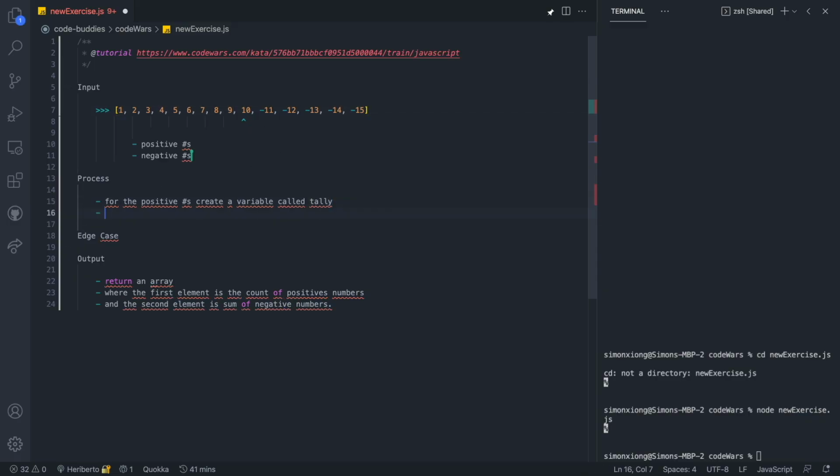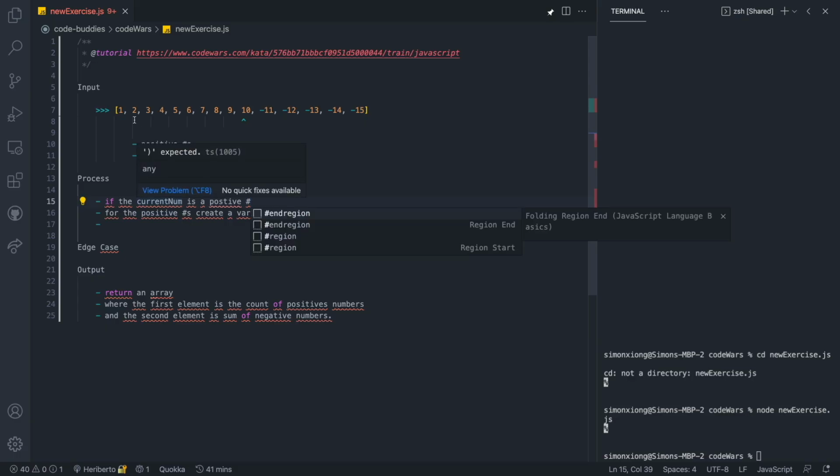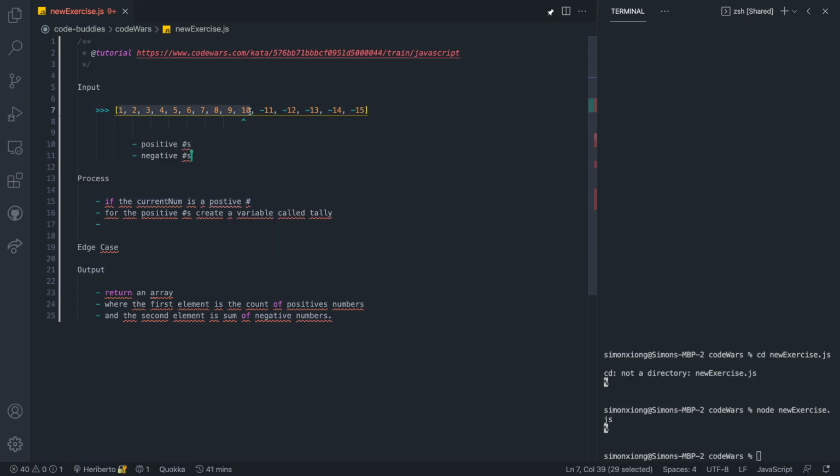And then second, we've got to say something like, if the current num is a positive number. Because we need to make sure that they're positive numbers. Exactly, we've got to check to make sure they're positive. Right, because an edge case could be